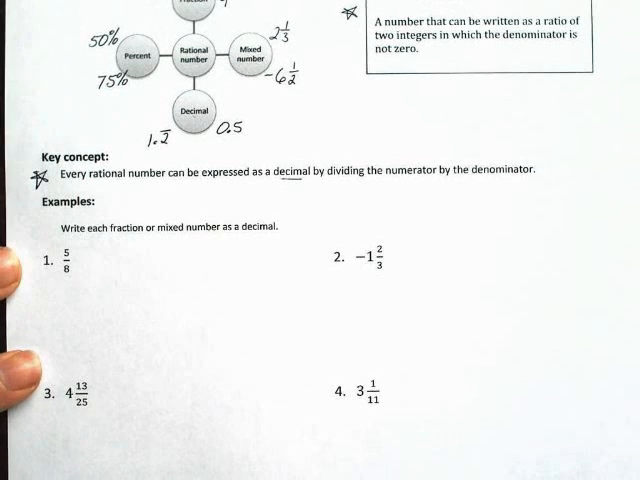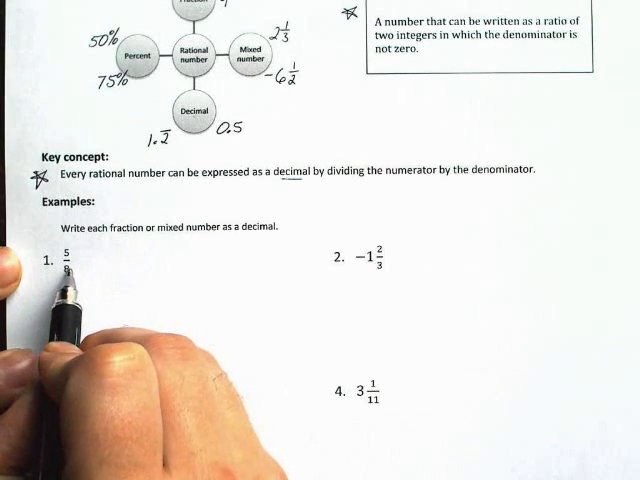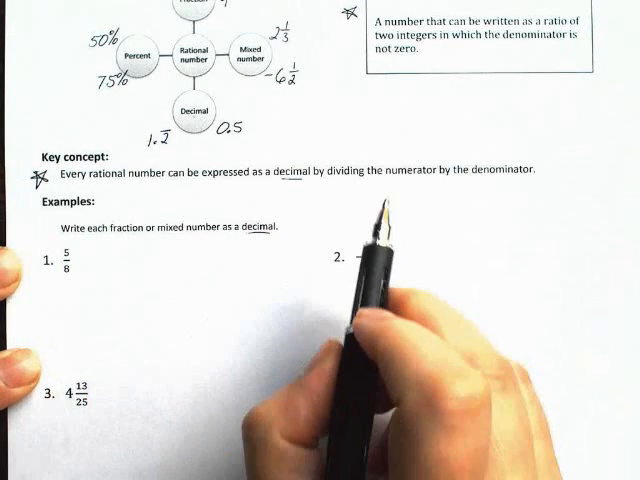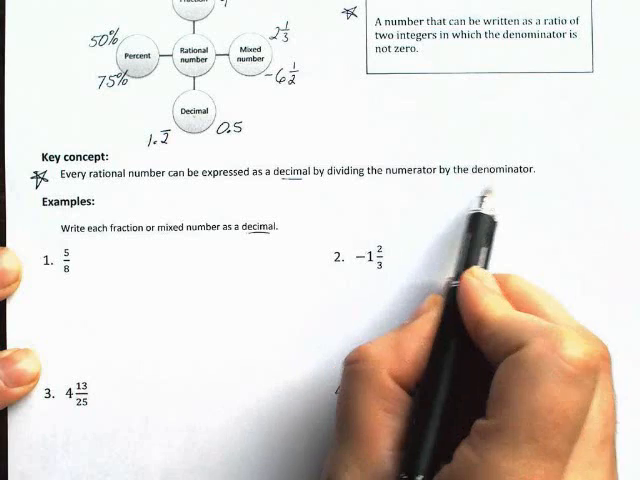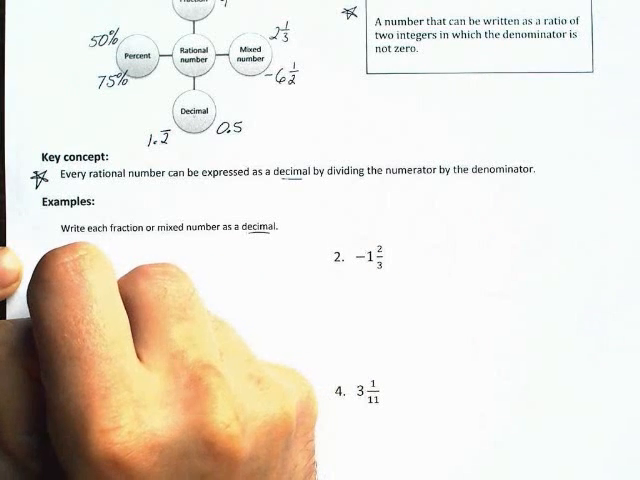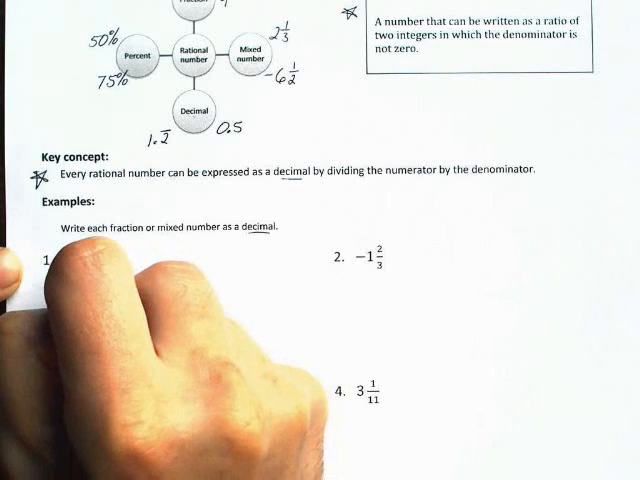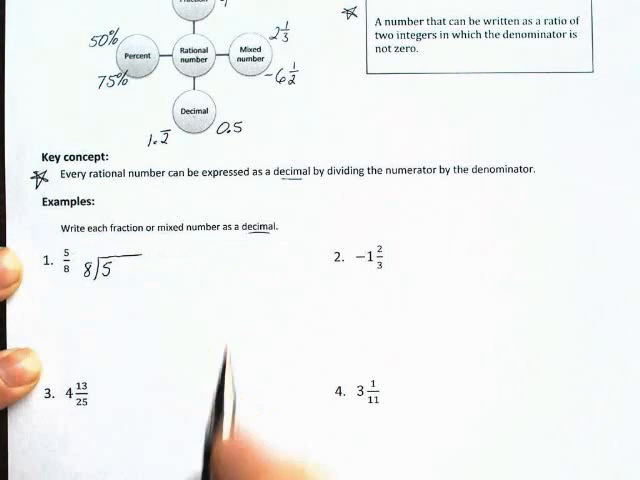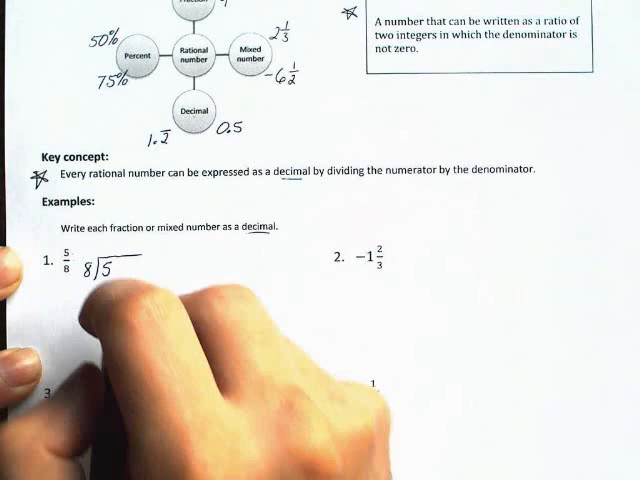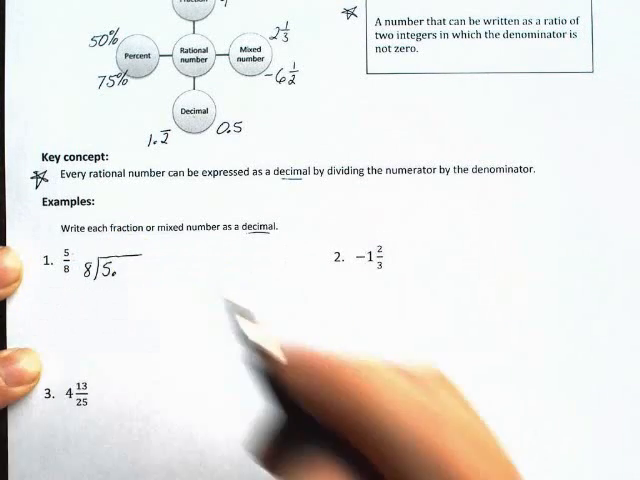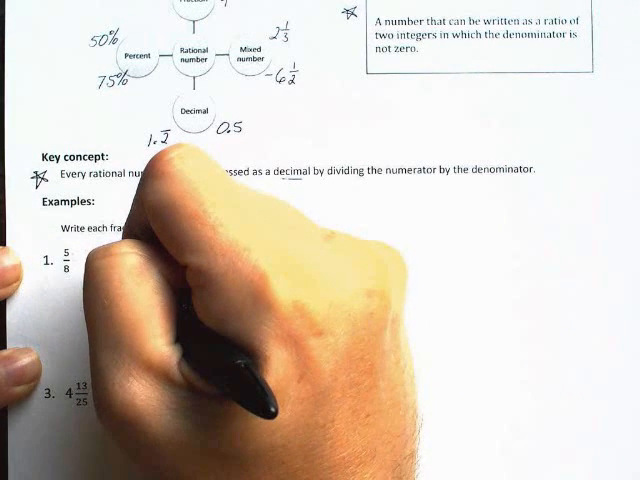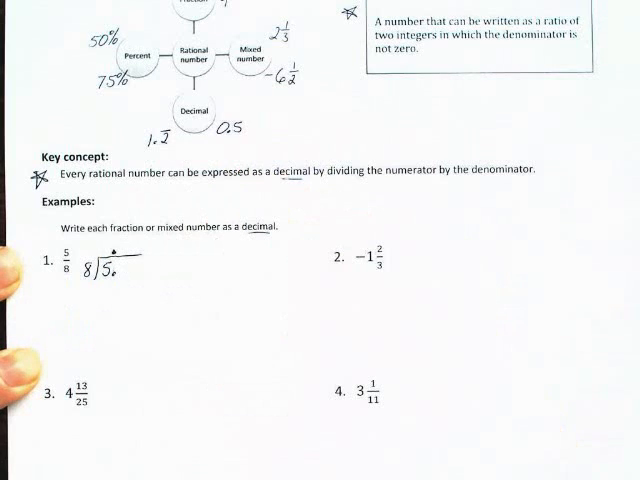Okay. So starting with number 1, we have the fraction 5/8, and we're asked to write this as a decimal. We're going to do this by dividing the numerator by the denominator. So 5 divided by 8 with long division would look like this. 8 divides into 5. Okay. Well, 8 will not divide into 5. And so what we do is put a decimal point after the 5, then straight above that decimal point, put the decimal point again,